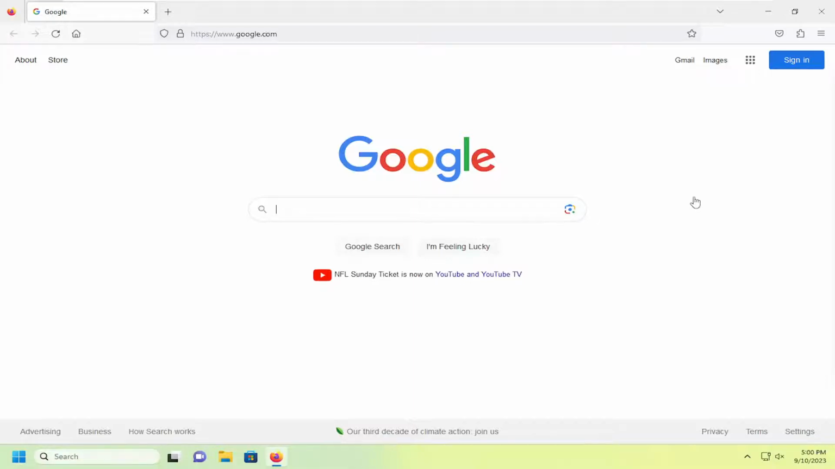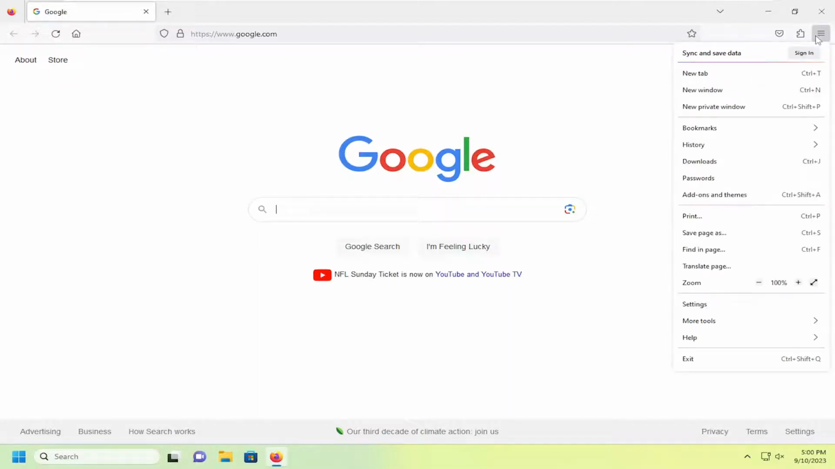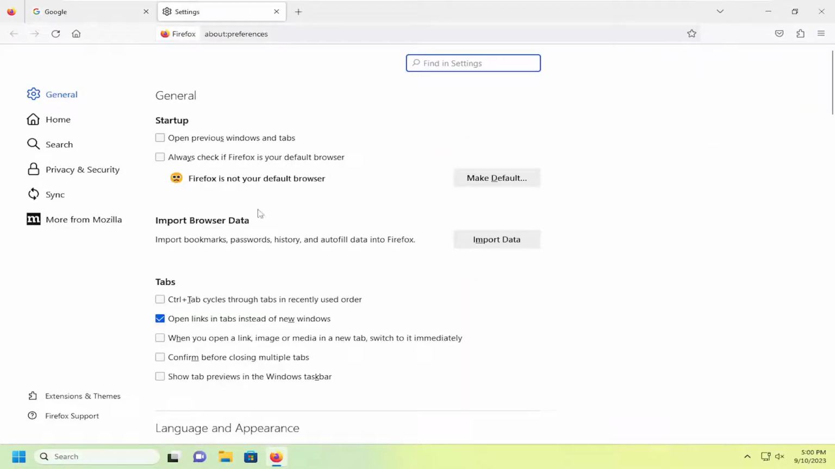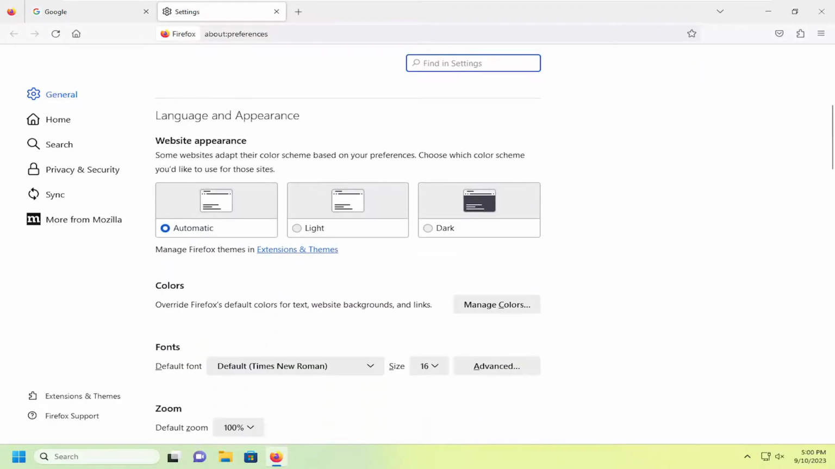So all you have to do is select the menu icon up at the top right corner of the Firefox web browser. Just go ahead and left click on that and then go down and select settings. On the right side, you want to go underneath language and appearance, and you can select either the automatic mode,